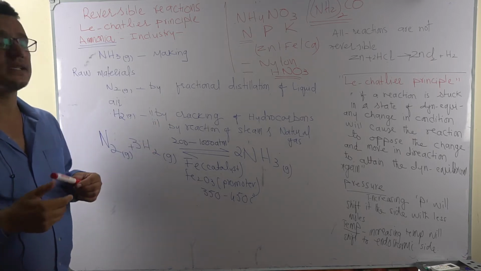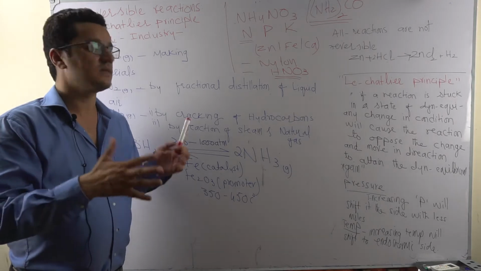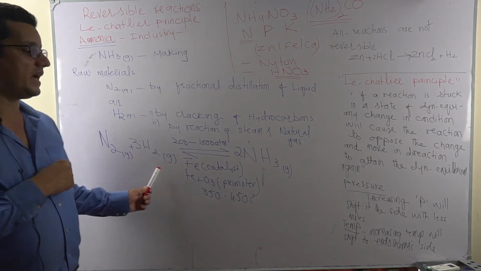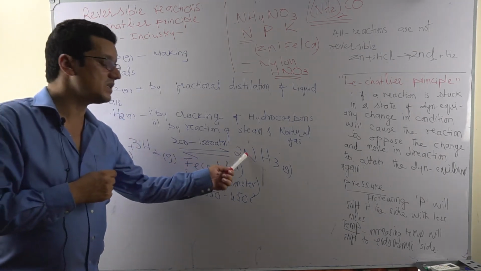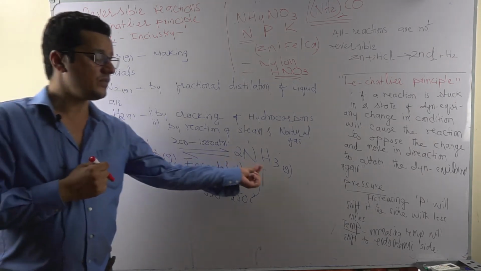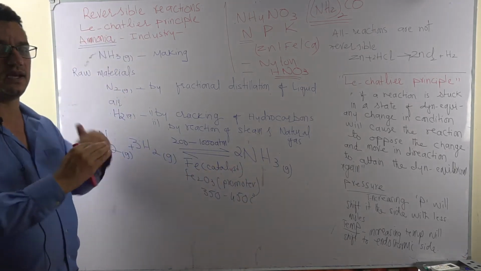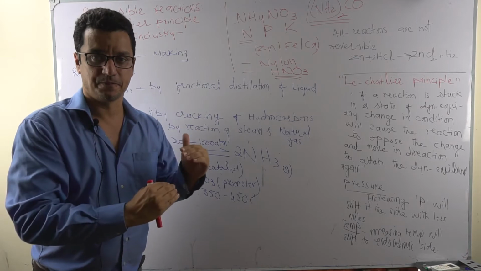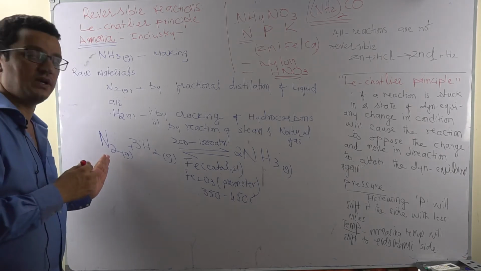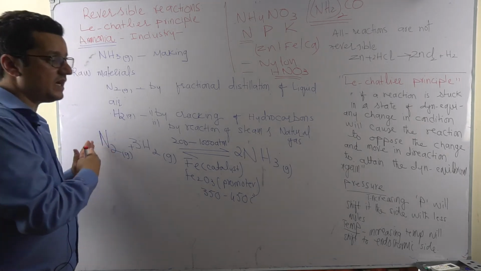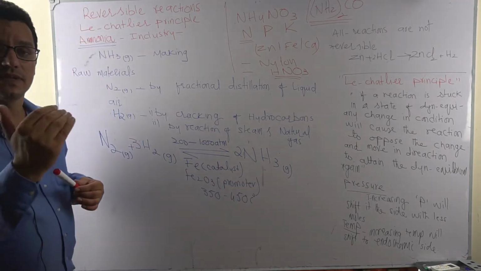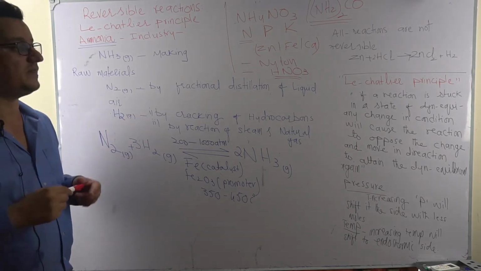But ammonia production, as I said earlier in the intro, was very slow, dead slow. The reason: nitrogen and hydrogen were reacting to produce ammonia, but the reaction was reversible and stuck in the state of dynamic equilibrium at a point where it was only 15% this side and 85% this side. But improvements based on Le Chatelier principle have pushed the dynamic equilibrium to the product side to such an extent that the yield of ammonia has gone 90% plus, and the process is not that expensive anymore.